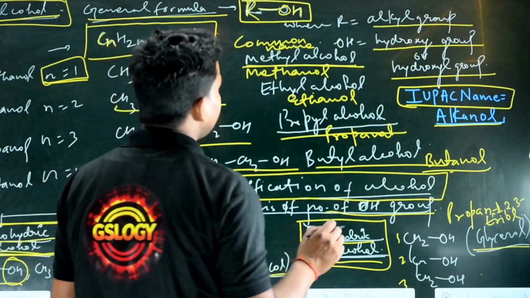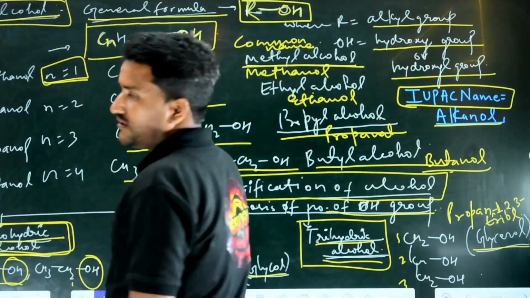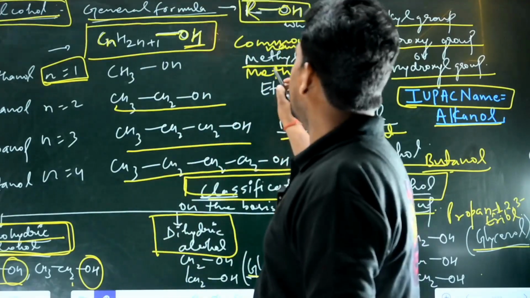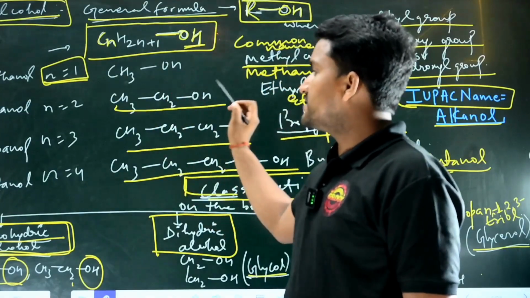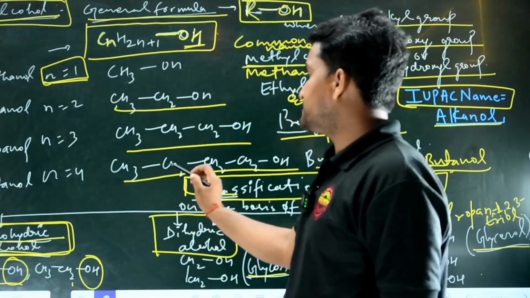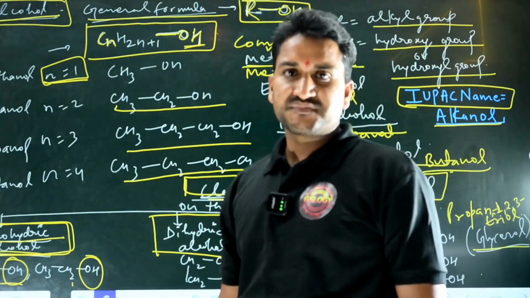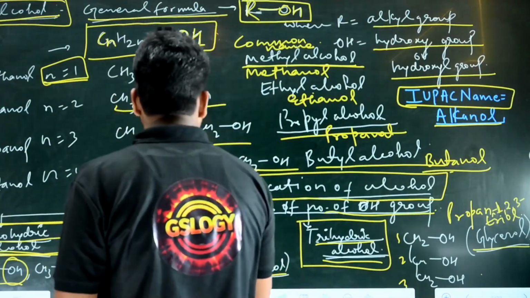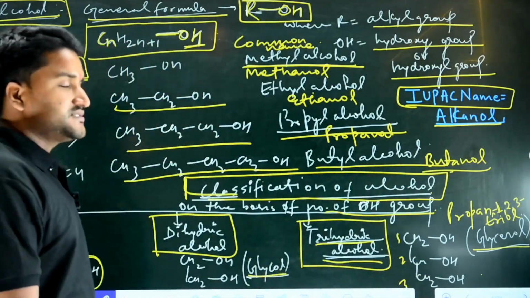And yes, one more thing. Common name. The common name of alcohol is alkyl alcohol. What? Alkyl alcohol, and it is methyl alcohol, it is ethyl alcohol, it is propyl alcohol, and CH3CH2CH2CH2OH, it is butyl alcohol. Okay? And let's get on to the next topic, and the next topic is classification of alcohol, and the classification